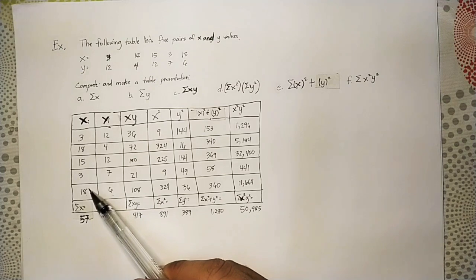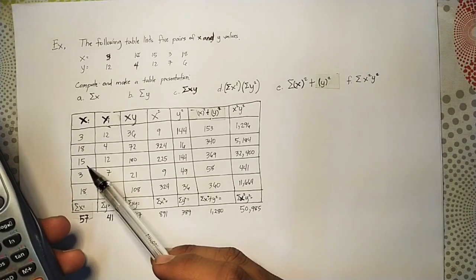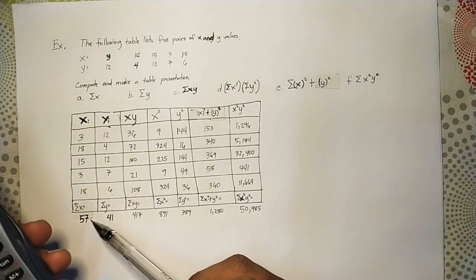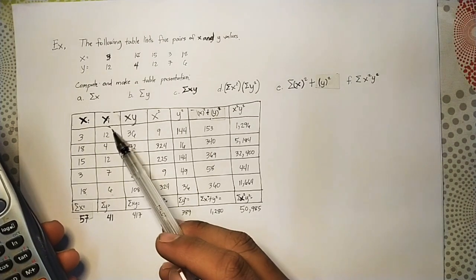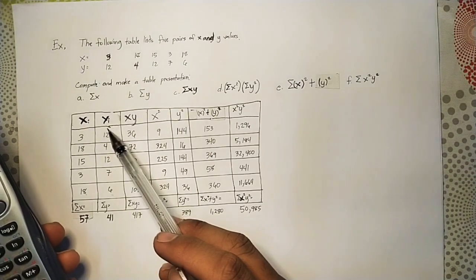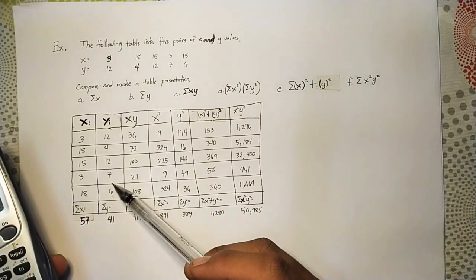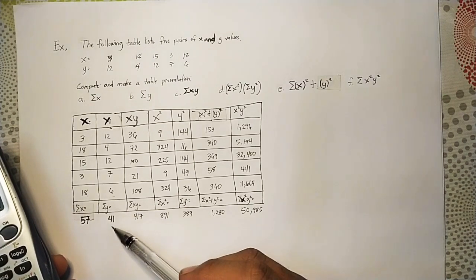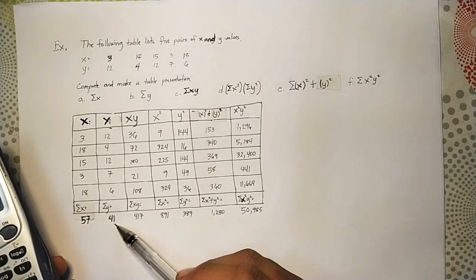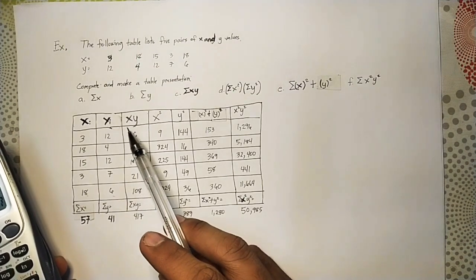So, if we get the total of that one, we have to compute 3 plus 18 plus 15 plus 3 plus 18, which is equals to 57. Okay? So we also have the values of y. We have 12 plus 4 plus 12 plus 7 plus 6. And the summation of that is 41, which is here. Okay. So let's proceed to the multiplication,